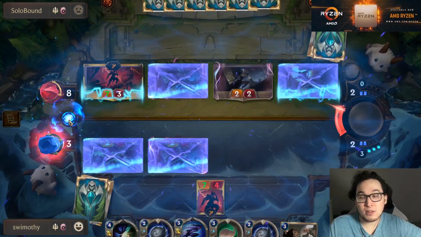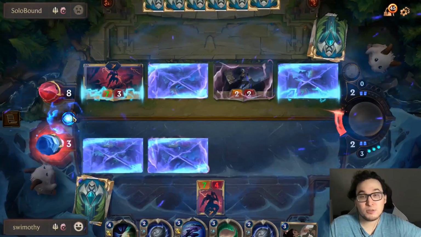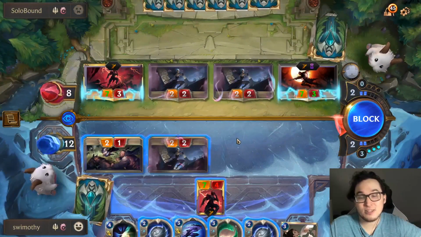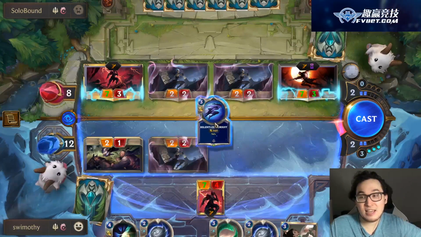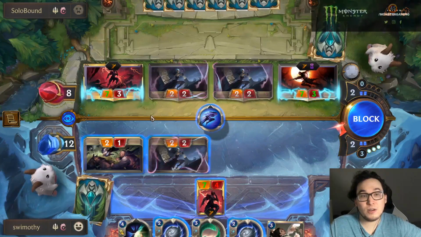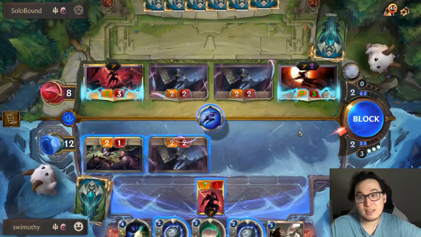He could develop a blocker, which I'm going to stop with my committed Relentless Pursuit here. He could Purify his Shadow and get a blocker. That's kind of one adorable thing he could do. But I'm going to go ahead and take my own Relentless Pursuit here, right? And this is going to effectively allow me to respond with a counterattack. I'll